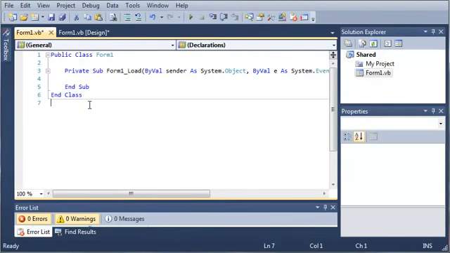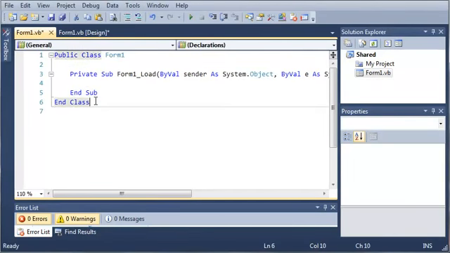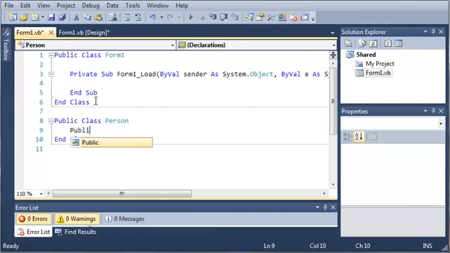Now let's zoom in some, and we'll create a class inside of here so that we don't have to create another file. Let's make it public. So public class, and we'll just call it Person. Now what we want to do is make some public variables. So public pname as string,